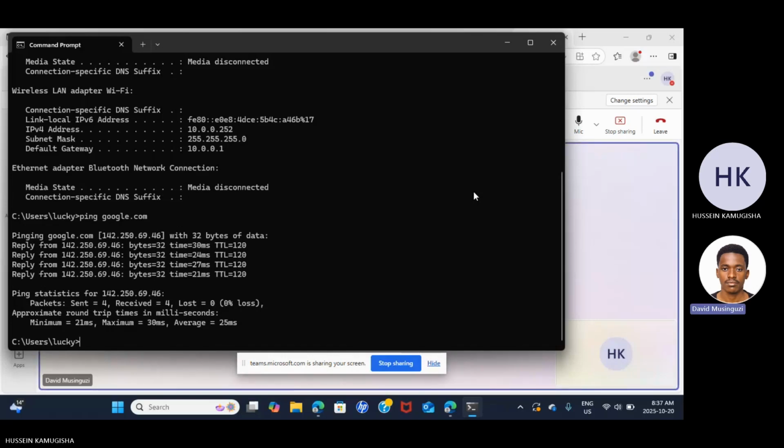Once you get a new IP address, you're back on the internet. After getting the new IP address, you ping it to see if it fully connects to the internet. Once you ping that IP address, it will show you it can reach the router, with the bytes and the time, how many seconds it takes.